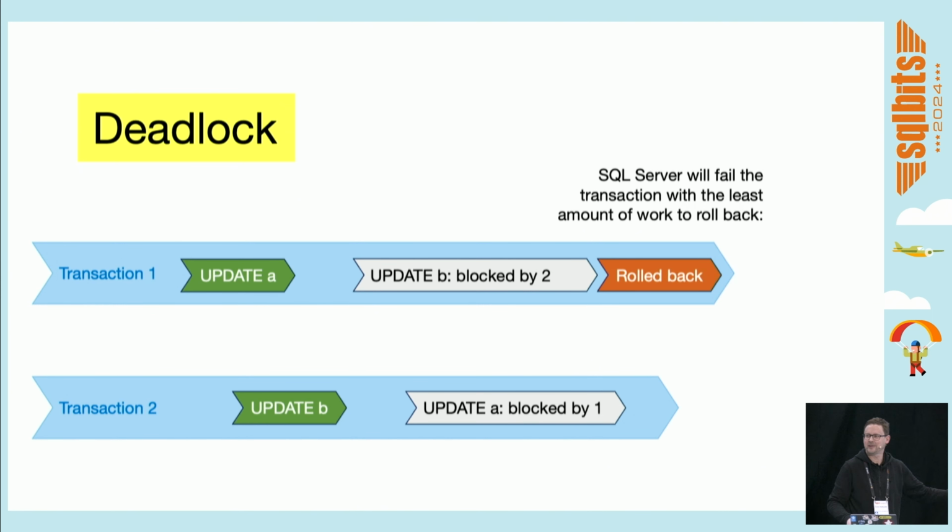It'll roll back that transaction, and the user will get the famed, is it 1251 or something like that? Error message, 1215? Looking at the DBA. 1205, thank you. And the user will get the famed error 1205, which basically means your transaction was deadlocked and chosen as a victim. Retry the transaction. And if you read the message, it says, retry the transaction. There was nothing wrong with your code. You just need to do it over again.